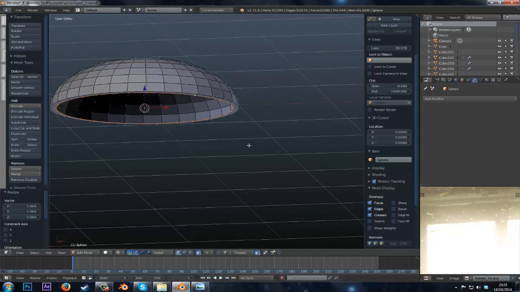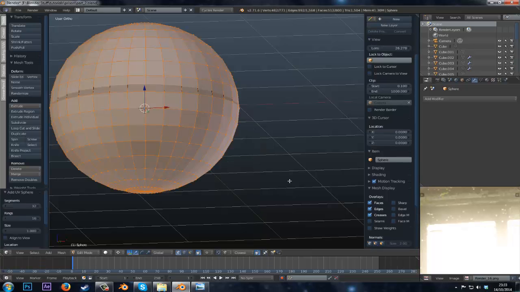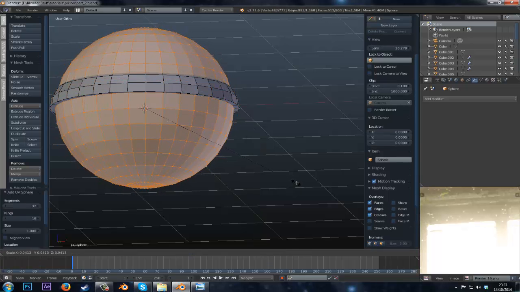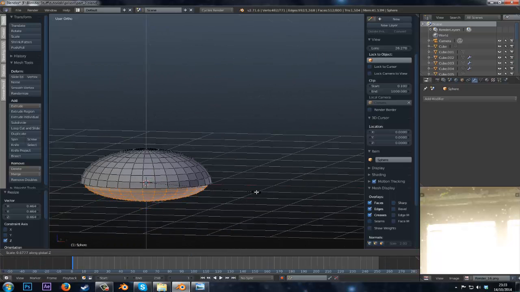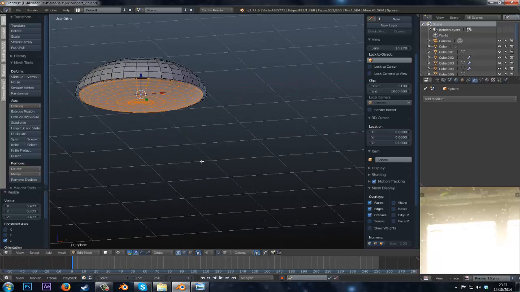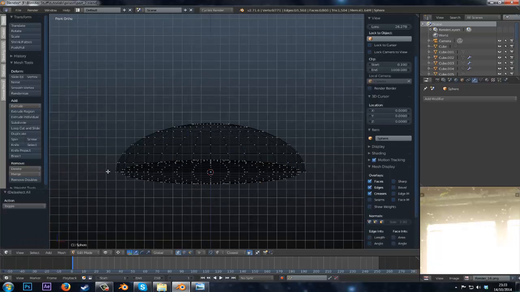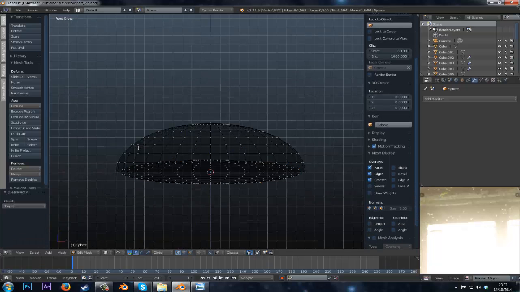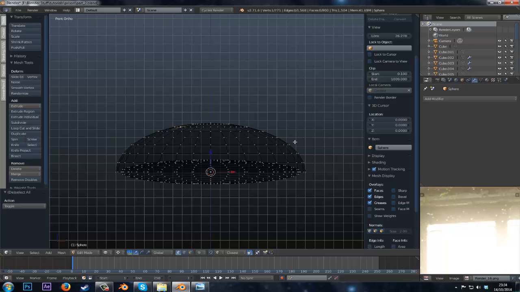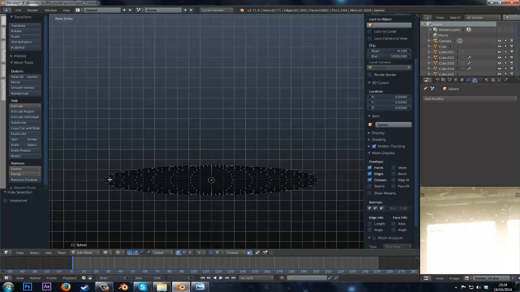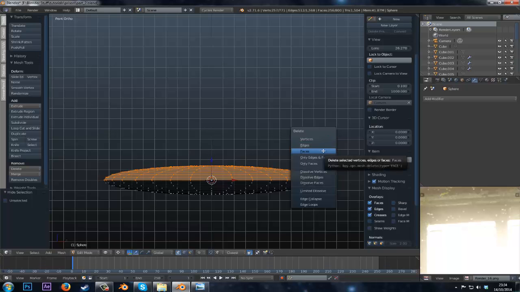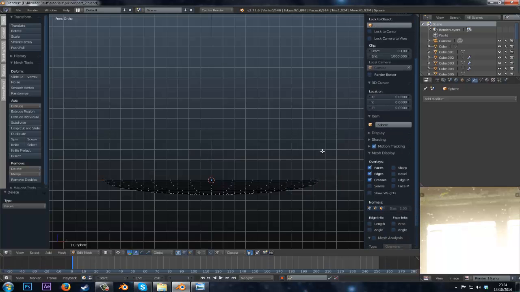I think I actually used a different sphere. Yeah, let's add in a different sphere, scale it down so that it sort of fits in like that, and then squish it even more than the original one, so it's almost flat like that, and then delete the top half of it. Oh, that's going to be difficult. No, it's not. Just select the outer shell of the lamp, the lamp shade, press Ctrl L to select all of it, then hide it. Select the top of this stuff and click delete faces. Okay, unhide,